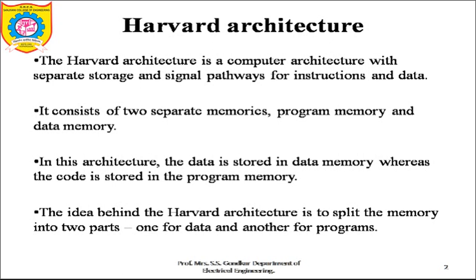So see, every microprocessor must have a memory space to store the program or the code and data. This is a general tendency, that a processor or a controller should have the program memory or the data memory to store the code. So what is the function of code? The function of code is to provide the instructions to the CPU, that is the central processing unit, and data provides the information to be processed.